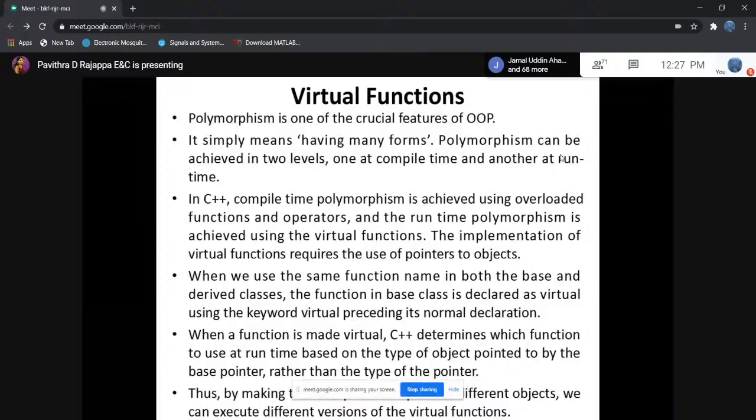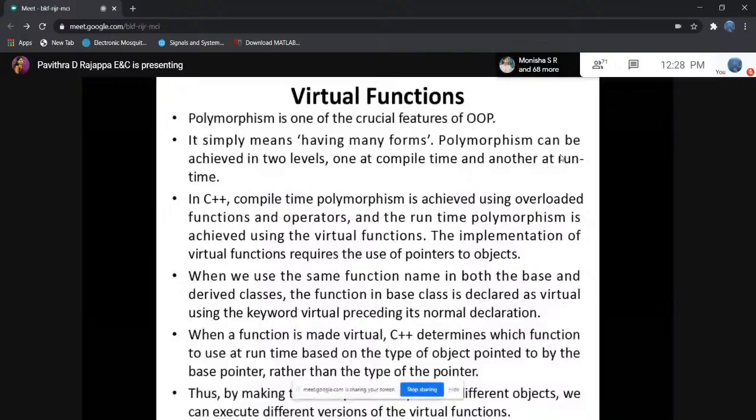So while running the program, the compiler determines which function to execute, because there are many user defined functions with the same name.